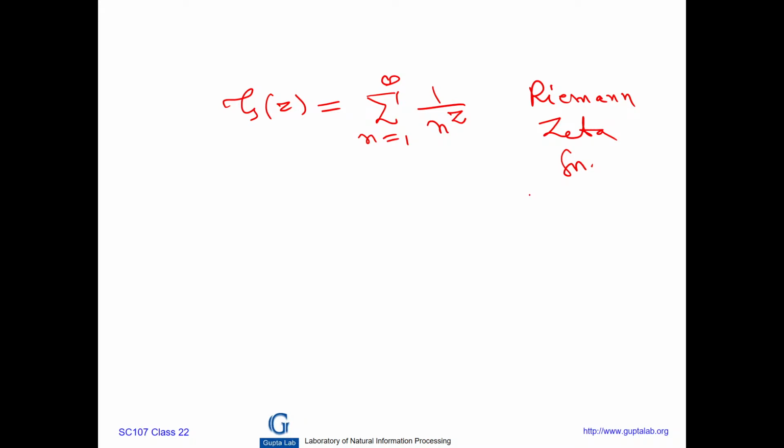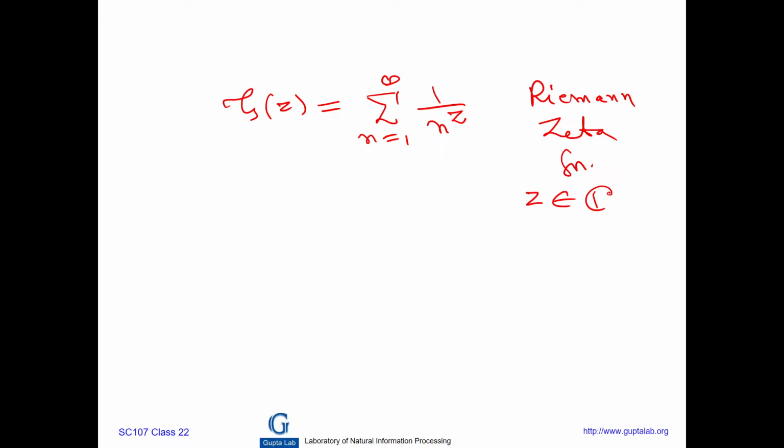So z क्या है? z is a complex number, right? Since it is infinite series, you can talk about convergence, when it will be convergent and so on, right? Okay, so you can talk about. I think convergence आप इसके बारे में, I'll leave it. Find out the domain of definition of this function, right? When this is valid. This function is valid when the function is convergent, right? For all those complex numbers for which this is convergent. Okay. Now,